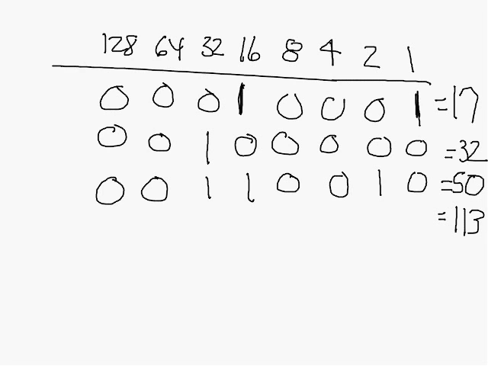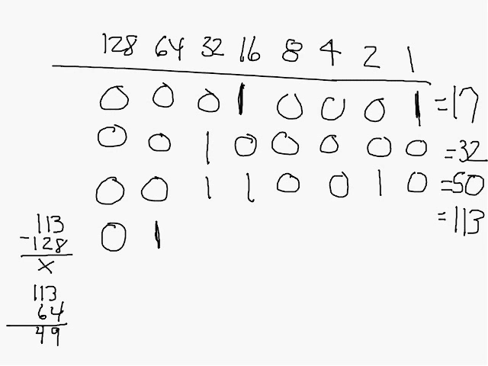Well, looking at the number line, you try the biggest number first. Can you take 113 and subtract 128 and get a positive number? Well, the answer is no. So because of that, we'll put a 0. Can you subtract 64 from 113? Well, the answer is yes. What's left over? Can you put 32 into 49? Yes. 49 minus 32